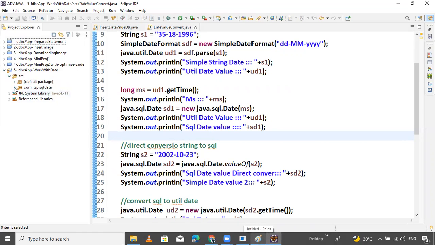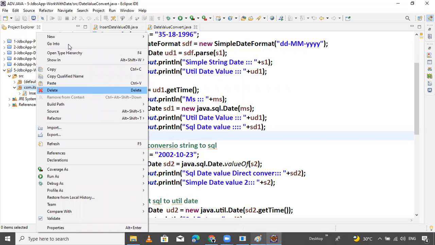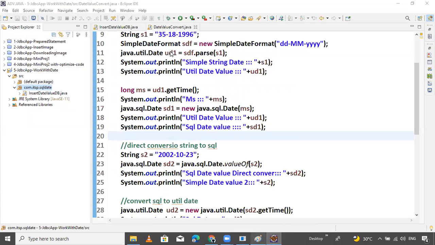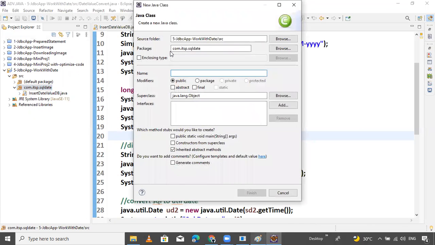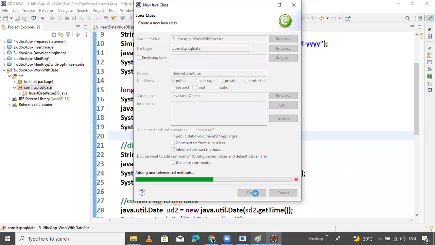On this same example, in this SQL. Okay, creating one more project. Right click, class, RetrieveDateValue. Main method is required.